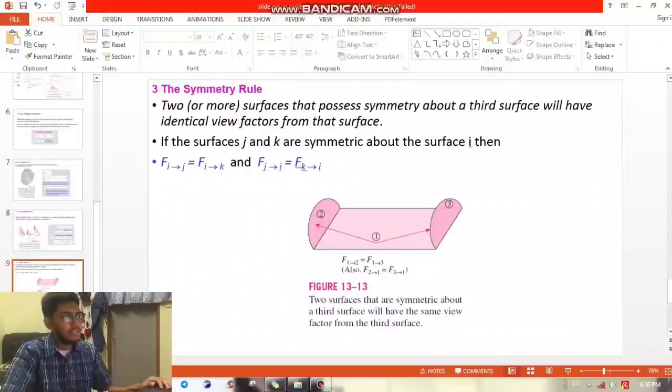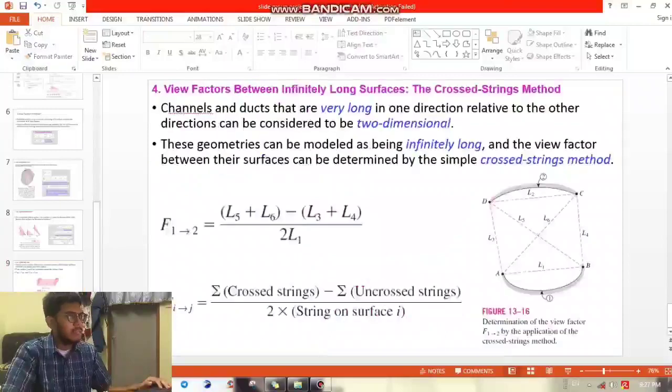So next, the symmetry rule. Two or more surfaces that possess symmetry about a third surface will have identical view factors from that surface. If surfaces j and k are symmetrical about surface i, then this is involved, and this is the example figure. Okay, lastly, view factor between infinitely long surfaces, the